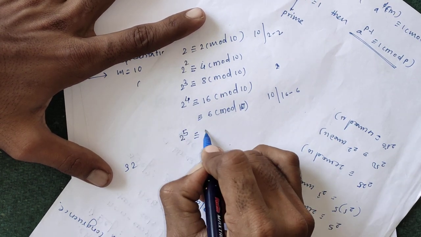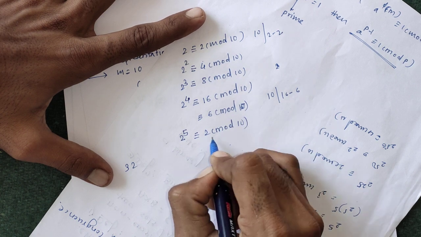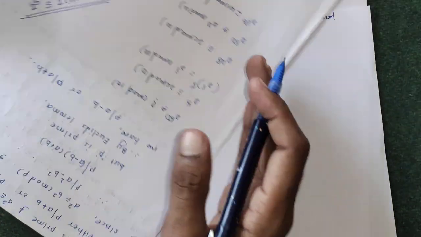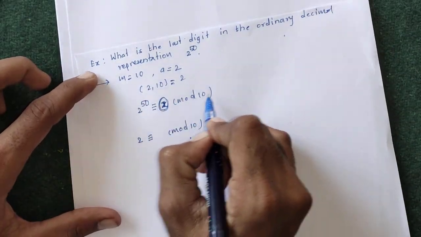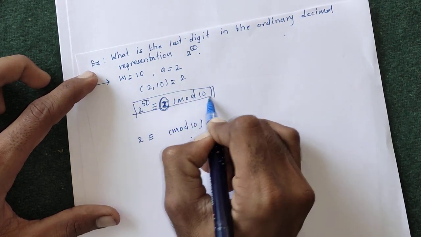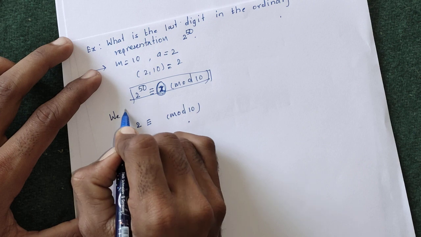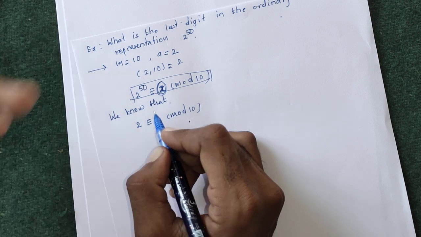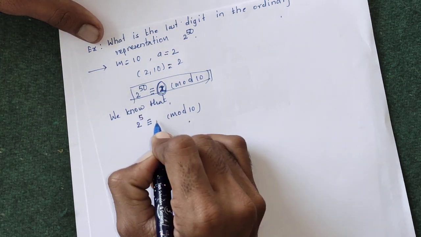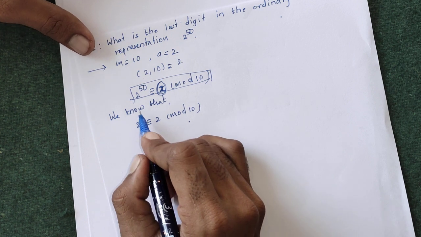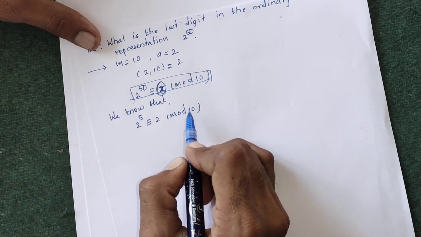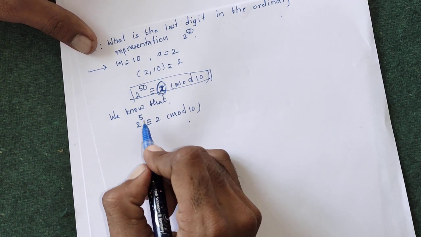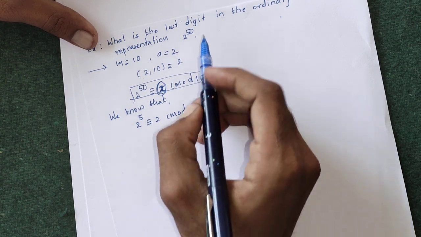and clearly 32 is congruent to 2 modulo 10. 2 raised to 5 is 32 and 32 is congruent to 2 modulo 10. There is no need to write this step in the solution. Clearly we can see that you can write any of these two statements. 2 raised to 5 is congruent to 2 modulo 10, since 2 raised to 5 is 32 and 32 minus 2 is 30 and 10 divides 30. So we get 2 raised to 5 is congruent to 2 modulo 10, and we are willing to find 2